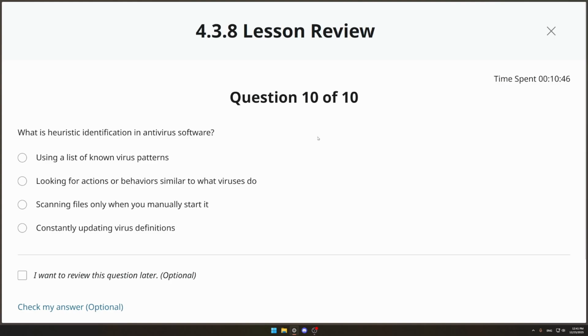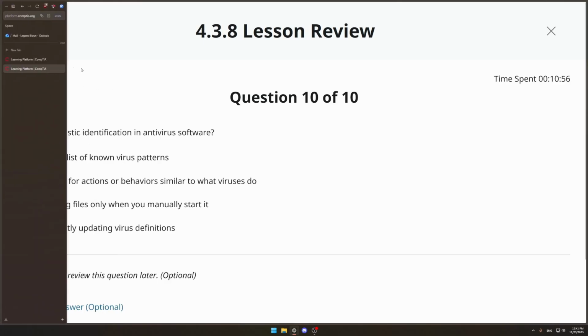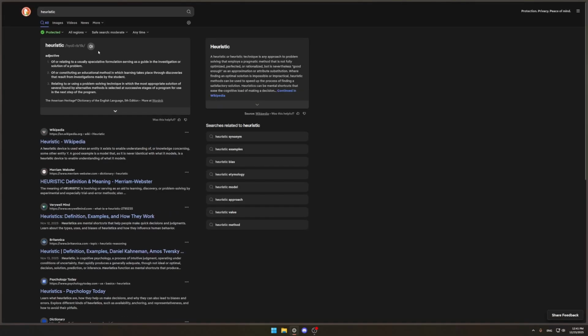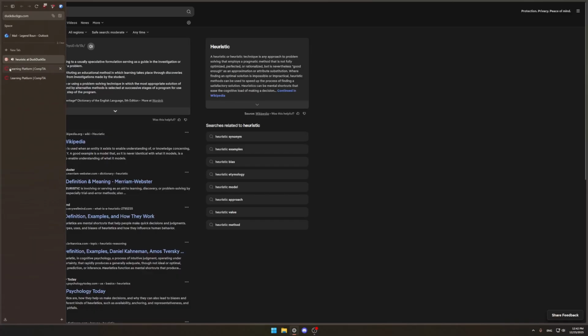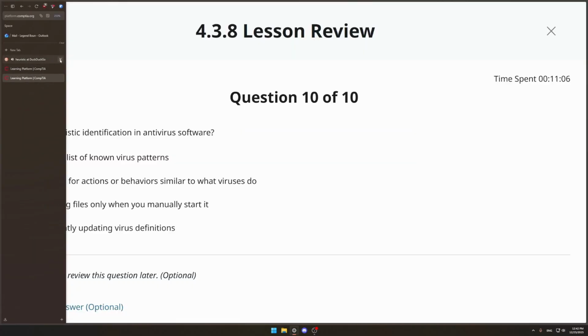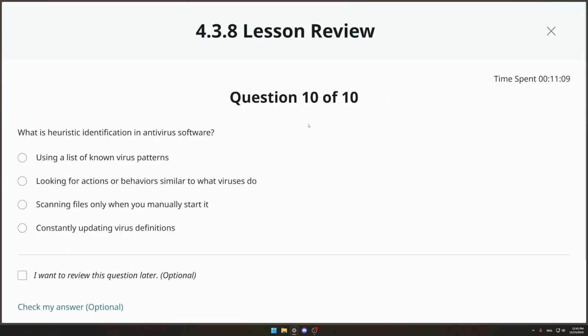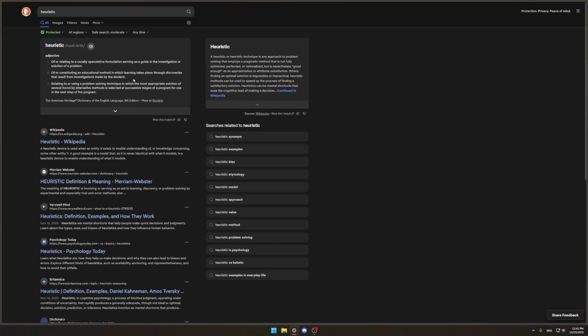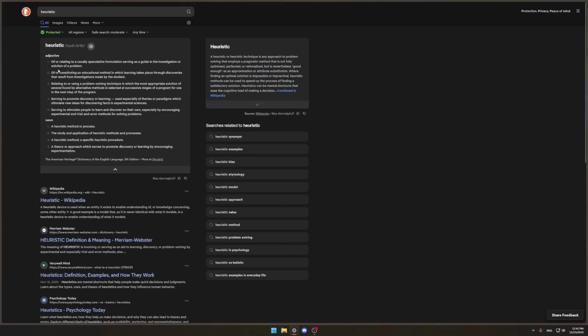Okay, what is heuristic identification in antivirus software? Where do you go learn how to pronounce this word? Heuristic. Okay. Heuristic. What is heuristic identification in antivirus software? You know what? I'm going to look up that word again because I don't know what it means either. I've heard it before, but